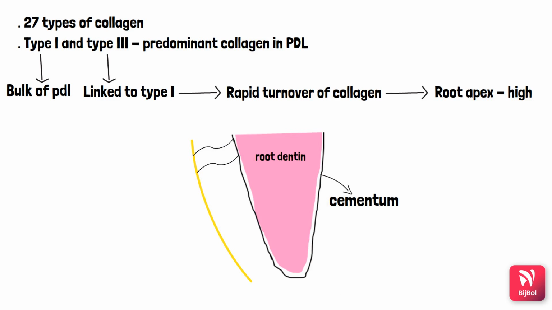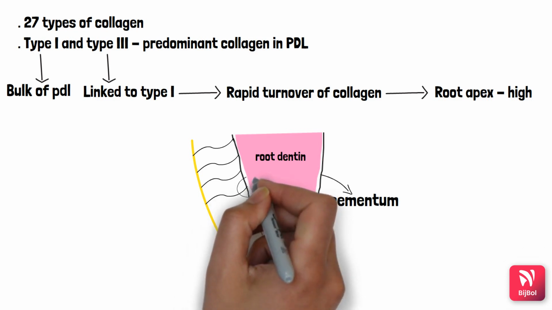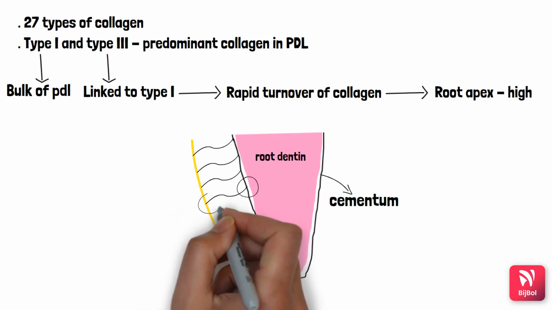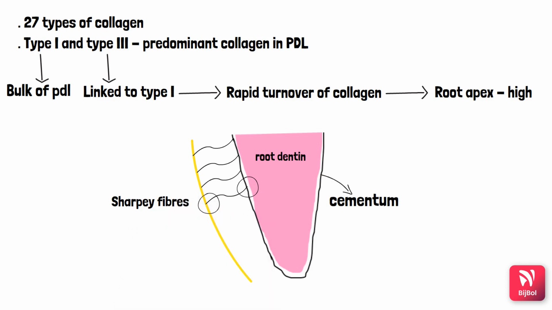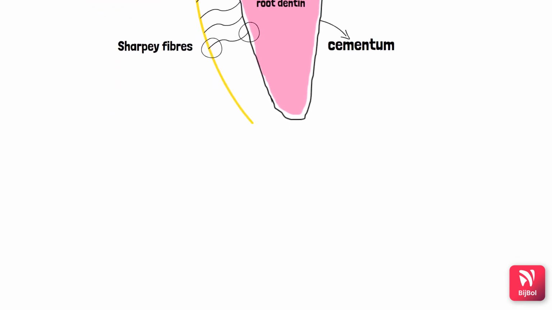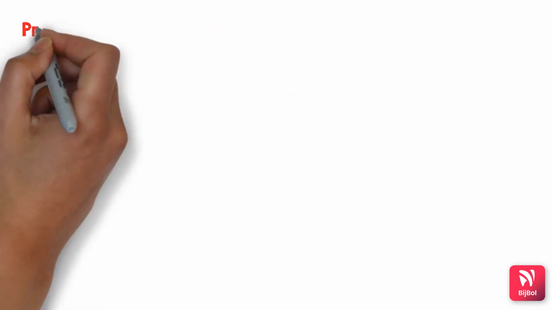And these collagen fibers are arranged in bundles which are extending from alveolar bone towards the cemental surface. So these collagen fibers are called the principal fibers of periodontal ligament, and the portion where these principal fibers are attaching in cementum as well as in the alveolar bone are called Sharpey's fibers. So these Sharpey's fibers are smaller at the cemental end compared to the alveolar bone end, and they are fully mineralized on the cemental end, whereas partially mineralized on the alveolar bone end. So that is about collagen.